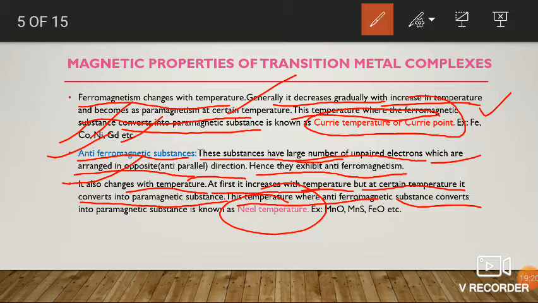Okay, fine. The best examples for antiferromagnetic substances are manganese oxide, manganese sulfide, and iron oxide. Okay, fine. Next,